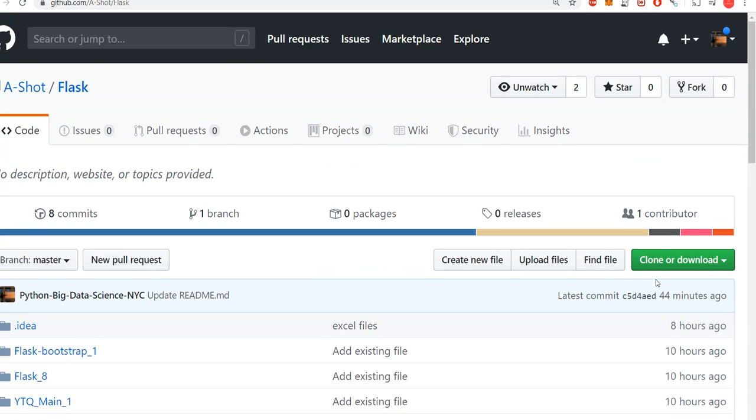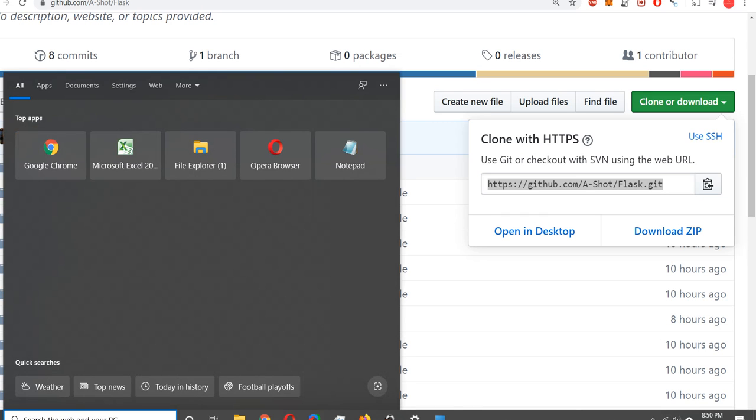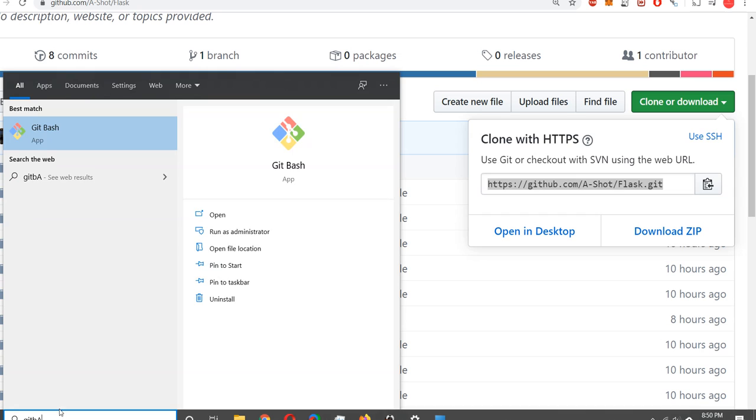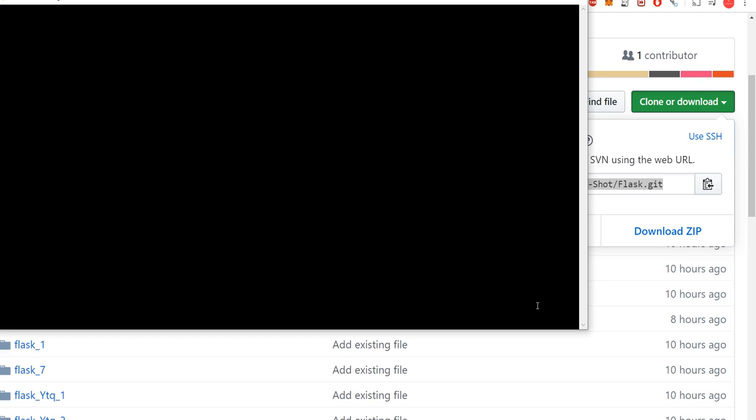So to start with, you need to copy this. You need to install Git Bash. Inside the Git Bash, you need to clone this library and then start the server. You can use PyCharm or something. So let's see, and